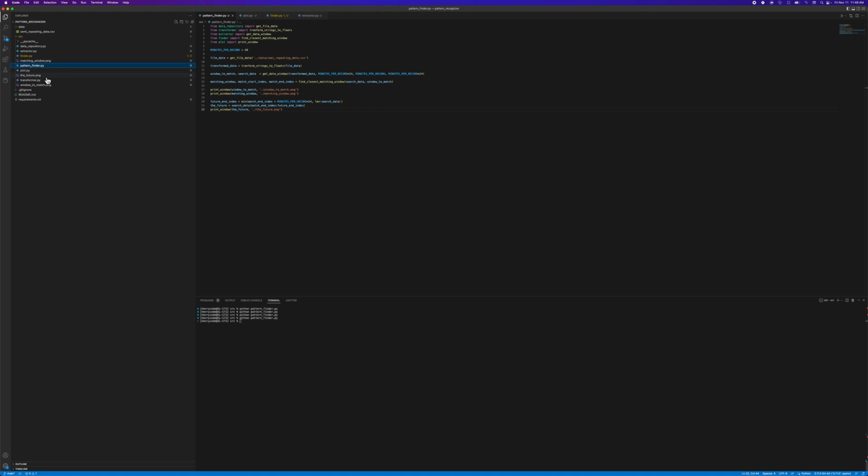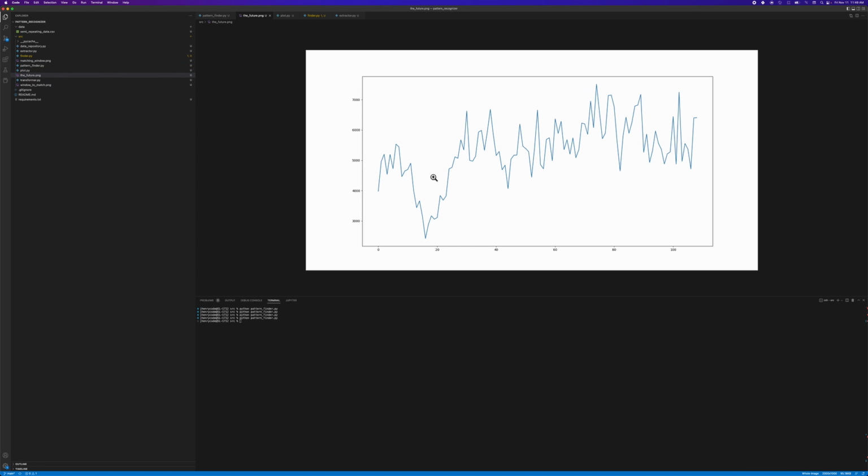Okay, we've got the future. And so this is the pattern that our matching algorithm tells us we should expect in the next 24 hours. Again, this is not deterministic. This should just